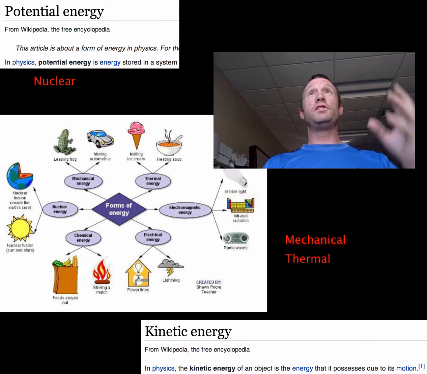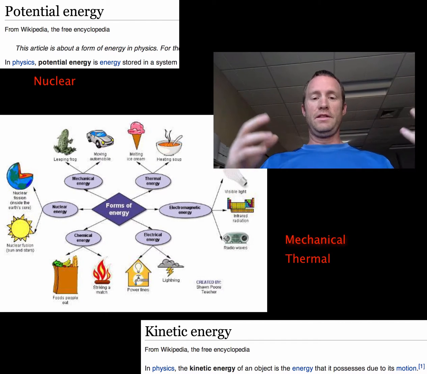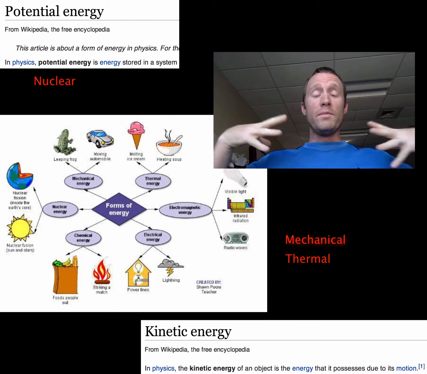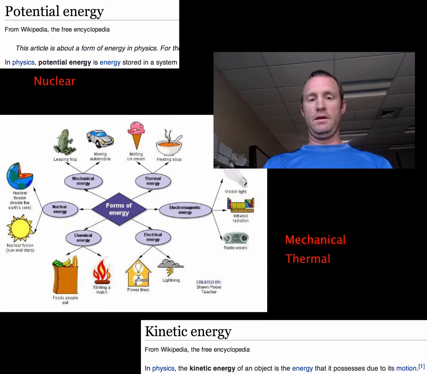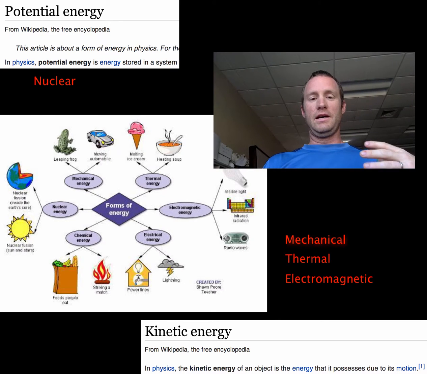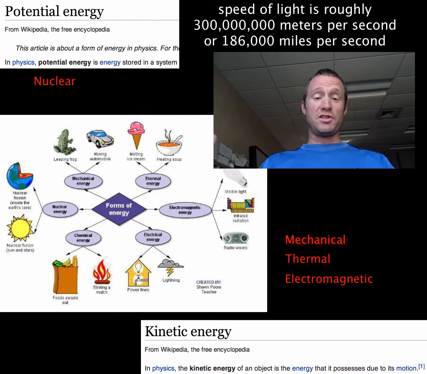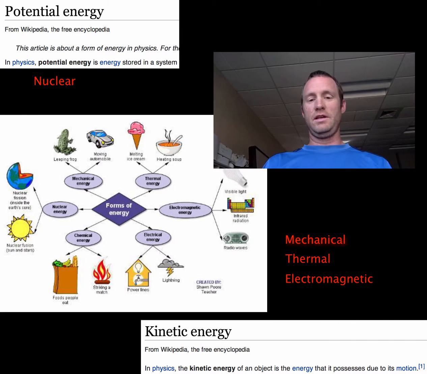Electromagnetic energy, that's energy associated with light, radiation. You can feel this when you go out in the sun. You can feel the electromagnetic energy that is warming your skin as you move out into the sunlight. And this is a little more complicated. But in general, we classify electromagnetic energy as energy of motion, and you can kind of remember that because we know that the speed of light is a given constant, and since it has a speed, we know that it is moving at a certain velocity, and therefore motion is a key word there again